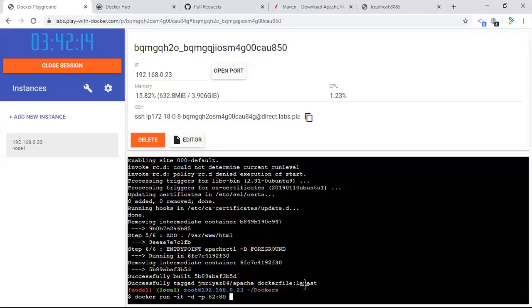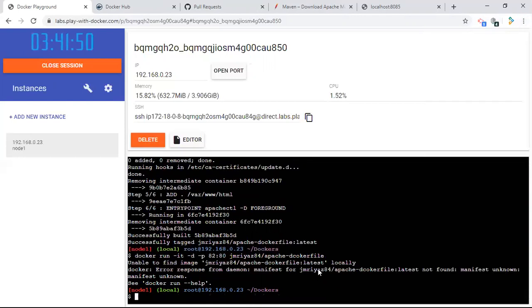Then the image name, jmrias Apache dockerfile. This is the image that got created. You have to give latest.